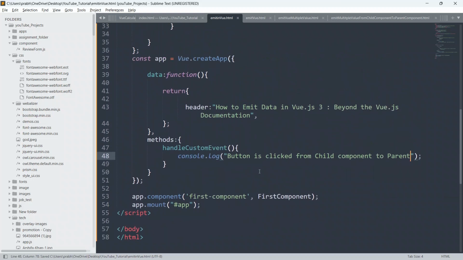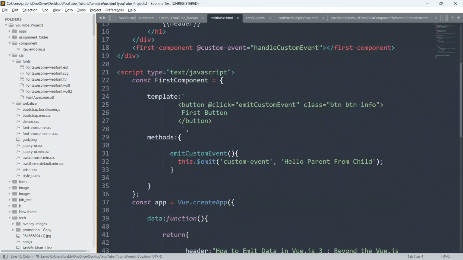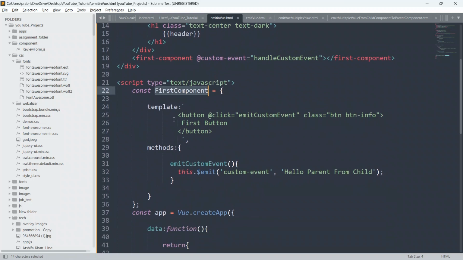So guys, let me just explain. As you can see here, I have created the first custom component as first component, and I have defined one template. Inside the template I will be creating a button, and inside the button I have given a click event, and this event is going to trigger this custom event.